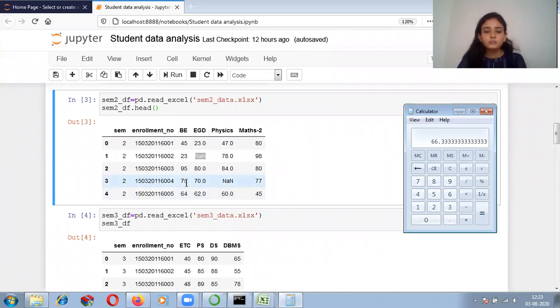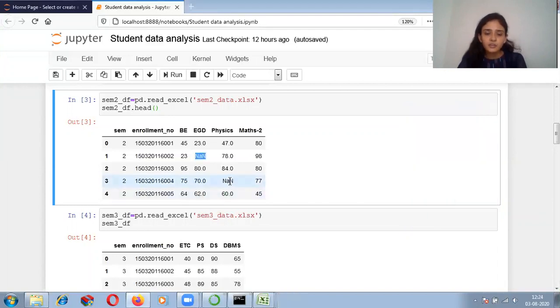For this one also, I have to take out the row-wise mean, that is 75 plus 70 plus 77 divided by 3. I will get the answer as 74, and I will replace this particular missing value with the mean of all the marks. Like this, you can replace the marks. You can't put over here 100 on 100. You can't put over here 23, because this student is above average.